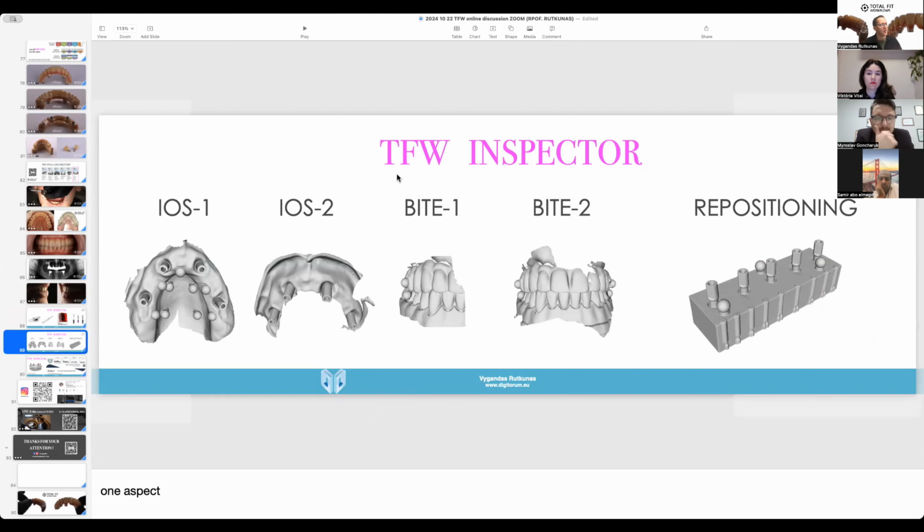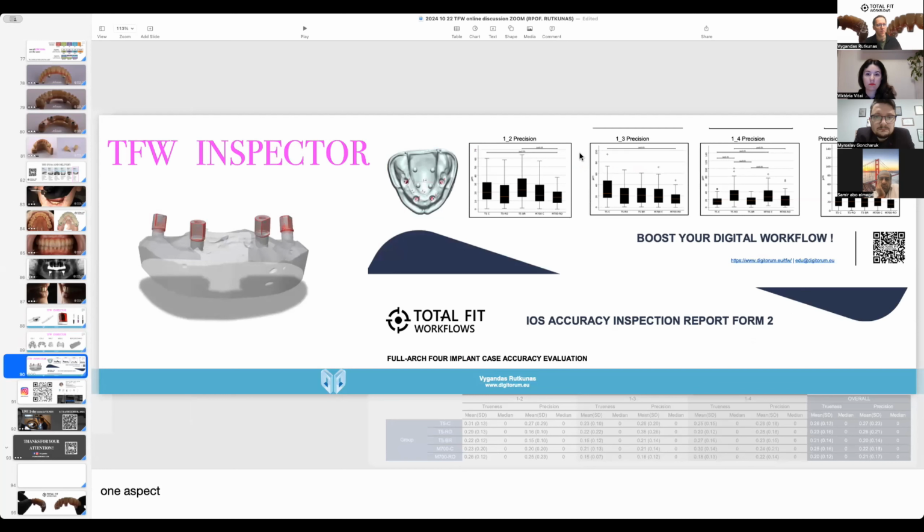By scanning different models using different scenarios, different scanning strategies, different bite registrations, and different components, we can get a very simple report on which technique showed the best result for recording scan body positions, which technique was most accurate for recording the bite registration, and with which components we lose accuracy.